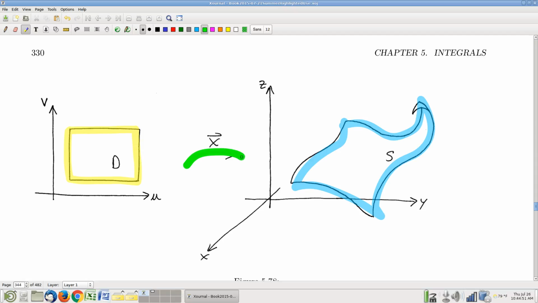If only there was some way to view surfaces as images of, let's say, rectangles in the UV plane, we would be set up to do a pullback. Oh wait, yes of course, we have done that. This is simply a parametrization of a surface. So more details to follow, but our big foot in the door on computing surface integrals is going to be to pull back through parametrizations of the surface. Okay, and that's a good stopping point. We will